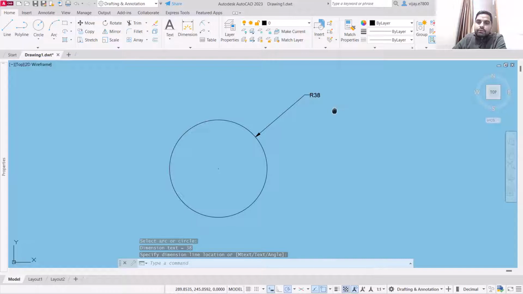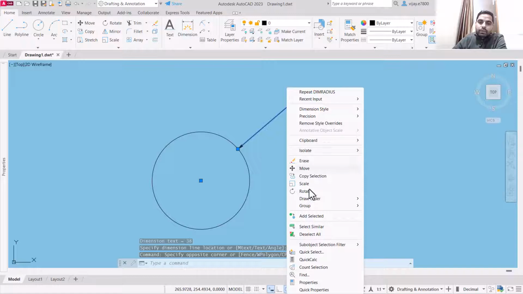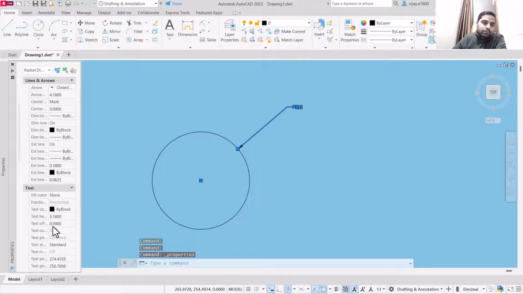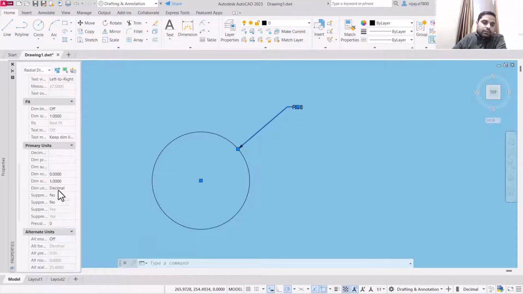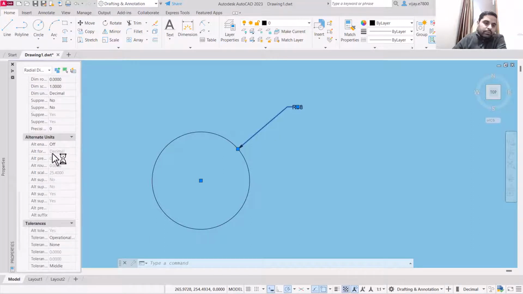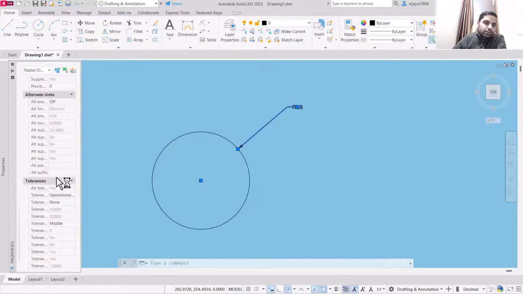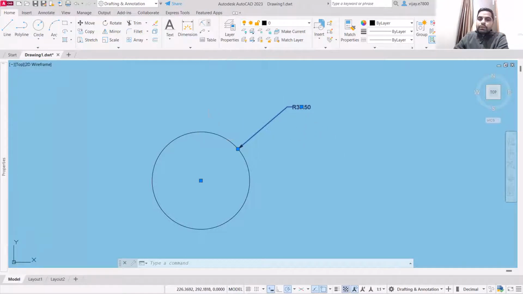It's showing a radius of 38. Let me increase its precision, and then you will understand what I want to convey here. Let's go to properties and increase precision. Here you will find the precision option. Tolerances, this one. Increase this precision to 0.00. Just take a look. Radius is 37.5